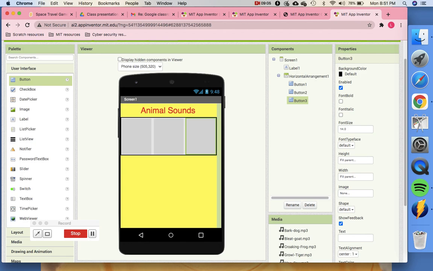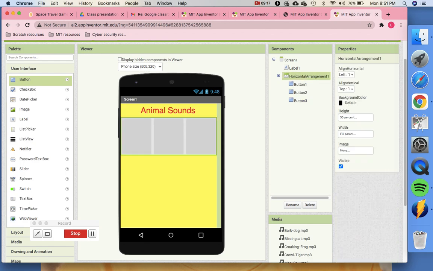Now the second thing is I want to make one more horizontal arrangement below which has got 6 pictures. So how will I do that? There is an easy method. Before you rename any component or do anything, click on this horizontal arrangement. Then on your keyboard, keep Control pressed and then press C. What is Control C? Copy.